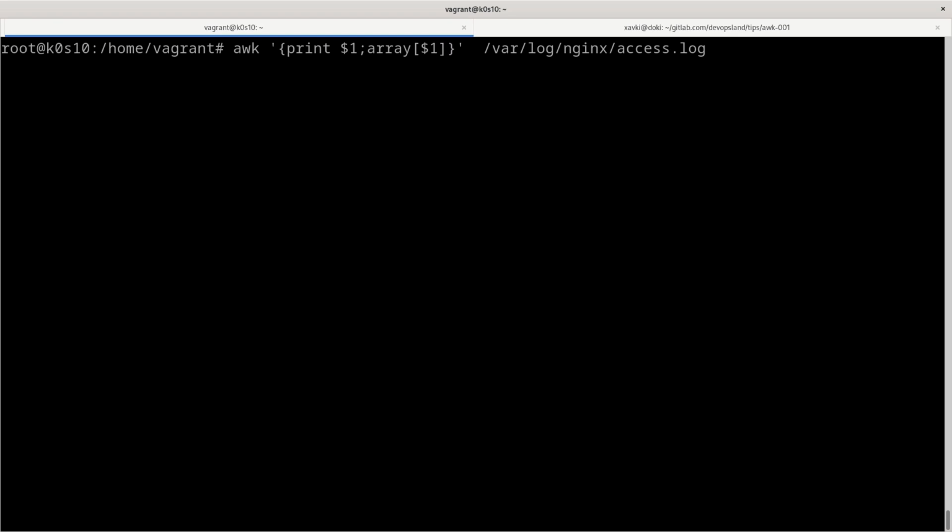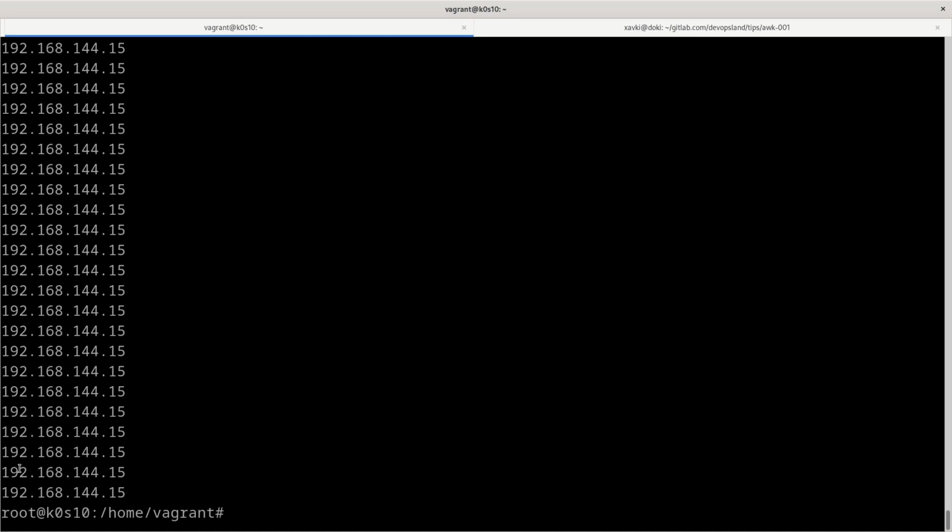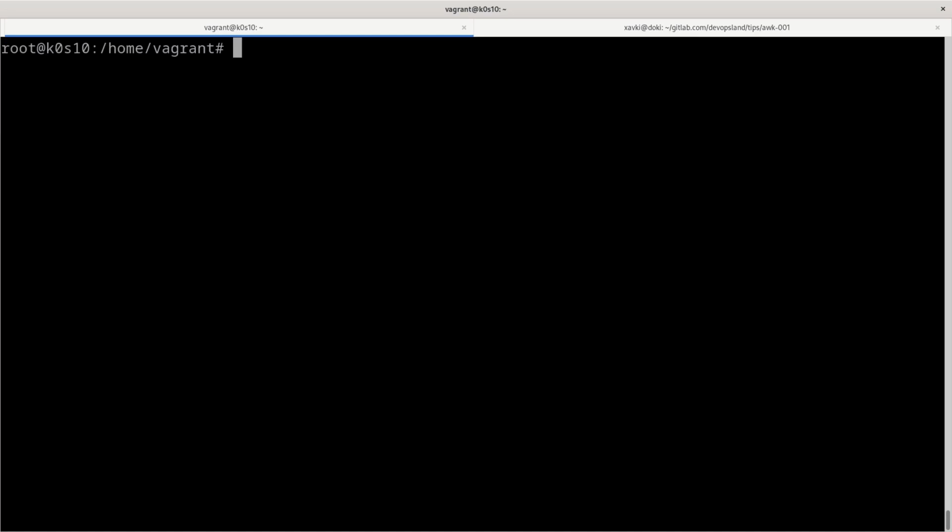And we want to increment this index with an auto increment, ++. We have 2 IPs, and each time we match an IP, we increment. So the first time this is 1, 2, 3, 4, etc. So now we have an array with key and value.